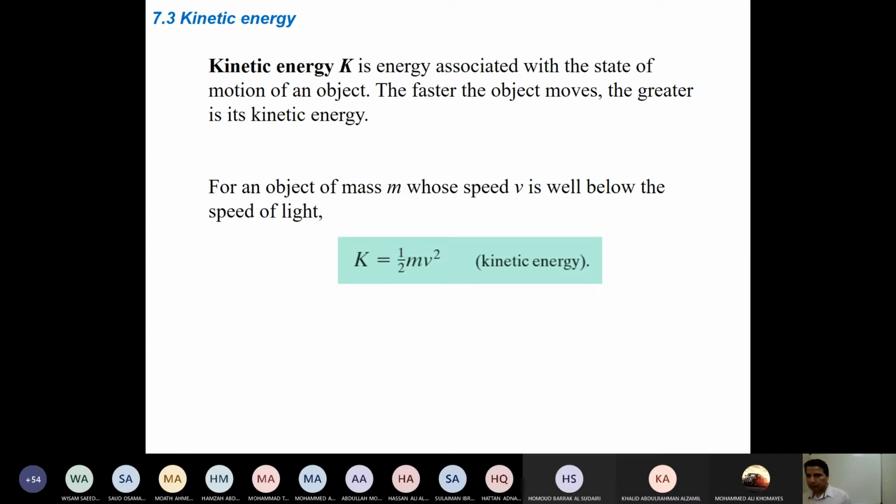Kinetic energy, as it was introduced at the high school level, is written as half mv squared. Half is a constant. m is the mass of the object which you are trying to accelerate or move. Let's say in that example it is a car, so m is the mass of the car, and v is the speed of the car. Strictly speaking, it is just related to the speed,